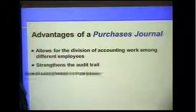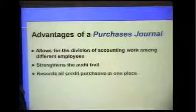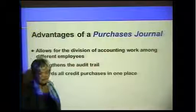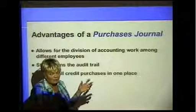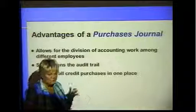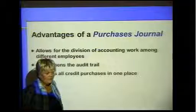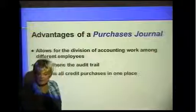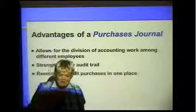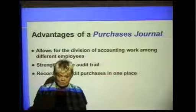Advantages. You can divide your work, and this is done quite often. It strengthens your audit trail to have one person handling all your accounts. And that can be a very big part. Accounts payable is a big part of most companies that deal with credit. They'll have one person handling all the accounts payable. You've got people calling in all the time asking, why didn't you pay your account? We didn't get your check. You've got to handle